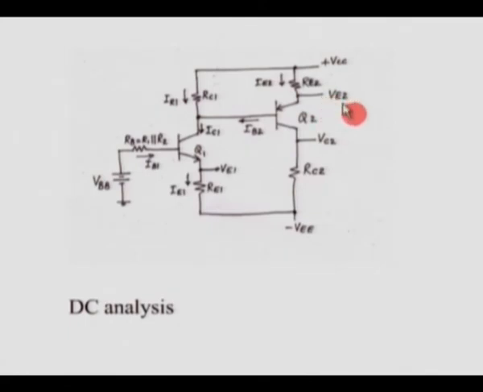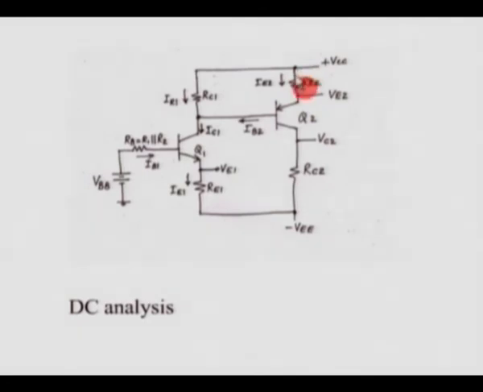Now VE, the emitter voltage here, is nothing but the collector voltage of the first transistor plus VBE. Mind you, this is a PNP transistor, therefore the emitter would be more positive than the base. So we get an equation here for the